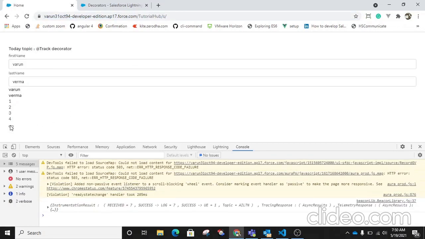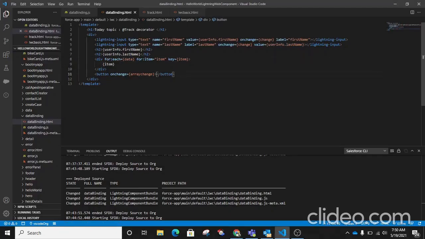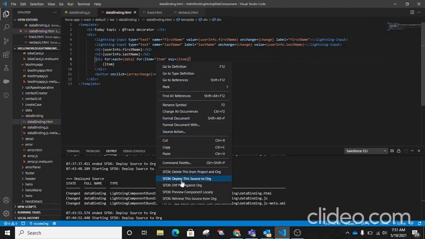Here is the button. I'm using an on click event on the button.